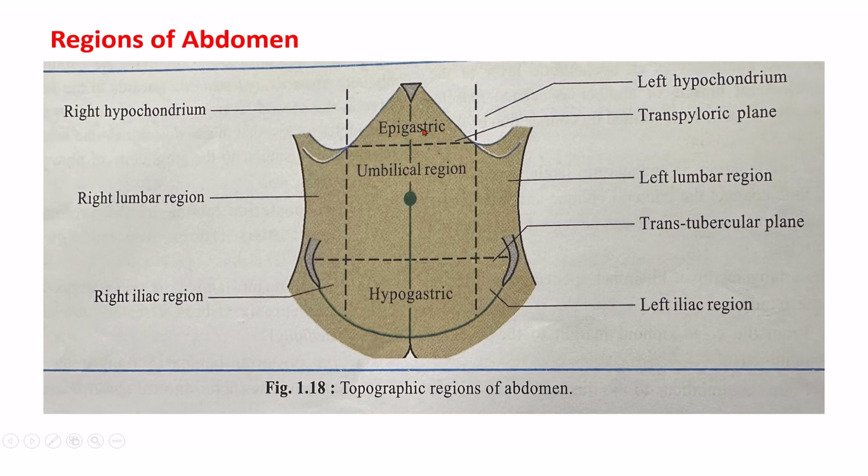Namely, here you can see the epigastric region, this is the left hypochondrium and this is the right hypochondrium. This is the umbilical region, this will be the right lumbar and left lumbar region. And this will be the right iliac region, this will be the left iliac region, and this is the hypogastric